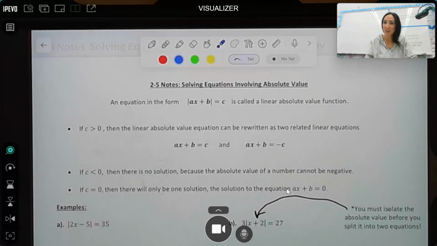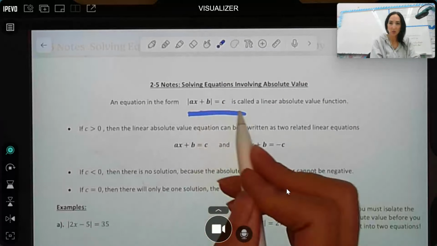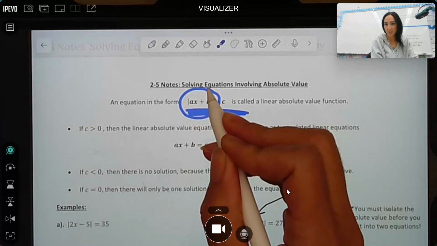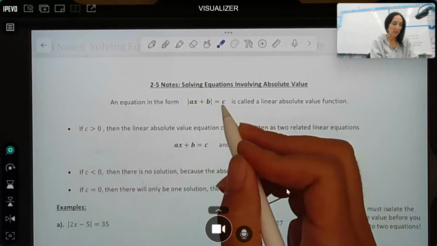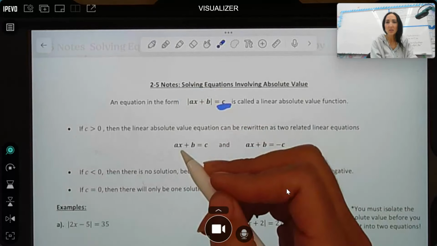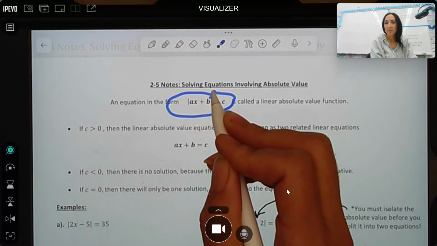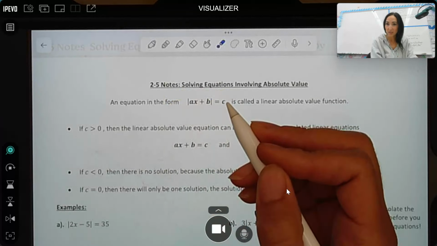Hi guys, we're going to solve absolute value equations. And these are equations that will look like this. So we have some quantity inside absolute value bars and it equals some number. And when we get an equation like this, it can get split into two separate scenarios and we have to